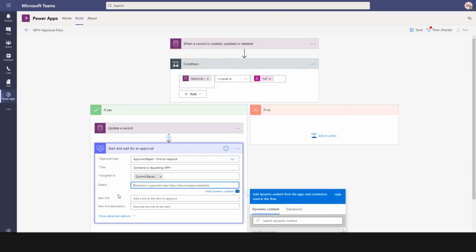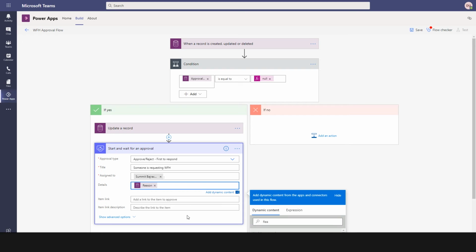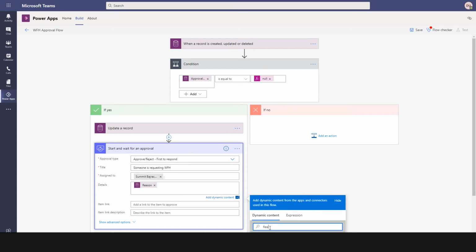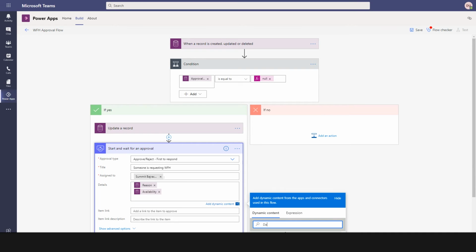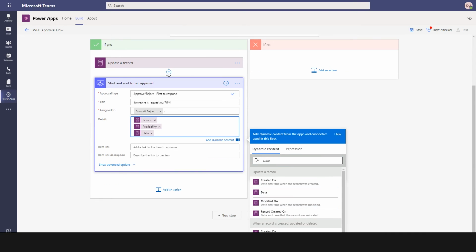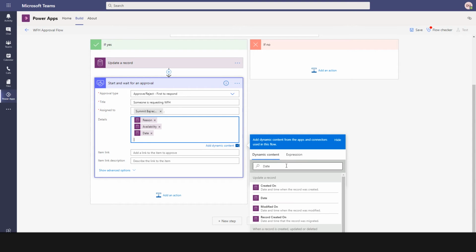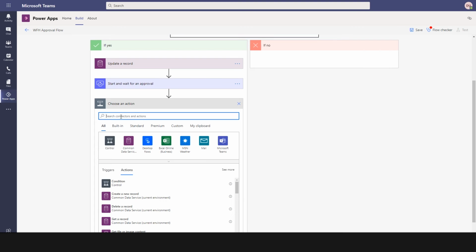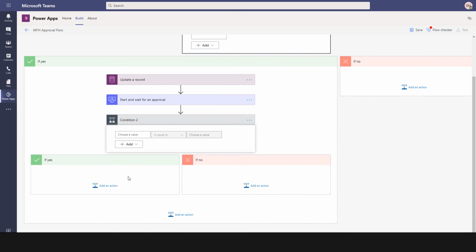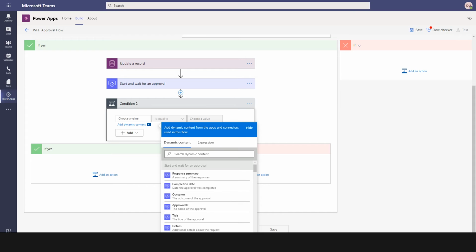Now I can put details on what is sent out. So I can put region, then separate by a line I can put availability, and separate by line, separate by another line I can put date. This is the one, and then I can put tasks. Alright, so after this is done, we will check for another condition, and this checks for whether the